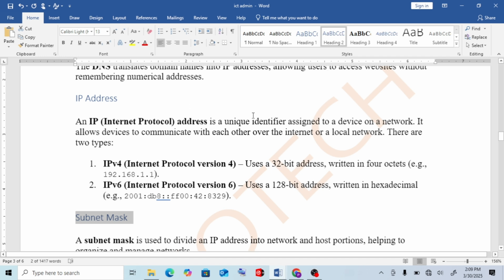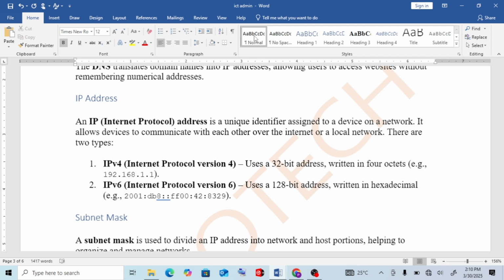From there, you click anywhere in the body of the document, on the normal text where you are seeing my cursor. Again, in that styles grouping under the Home tab, you right click on Normal and you select this one, Update Normal to Match Selection.